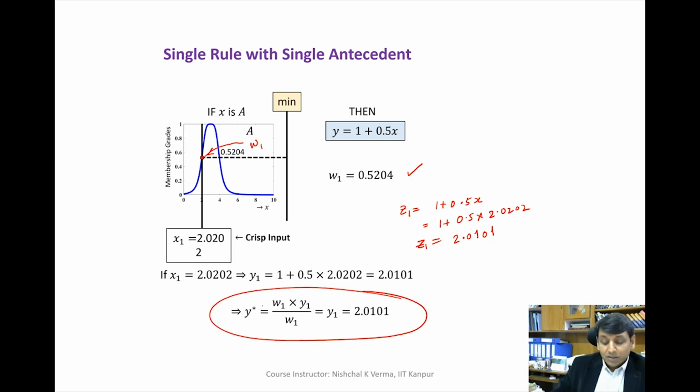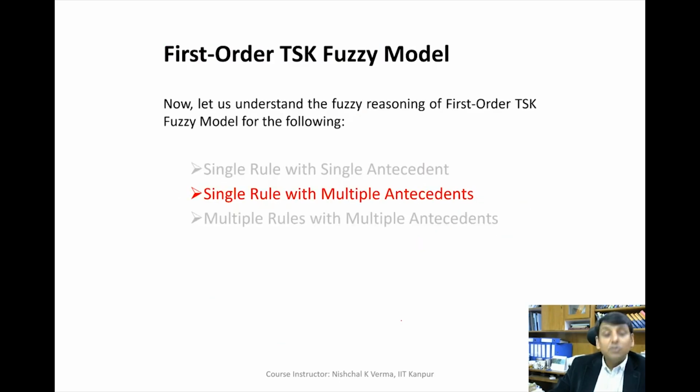So this way we get the output of the TSK fuzzy model, which is characterized by single rule with single antecedent, and when we apply the input x1 2.0202, we are getting the output here. We are getting the output 2.0101. Alright, so now let us go to the second case of first order TSK fuzzy model, where we have